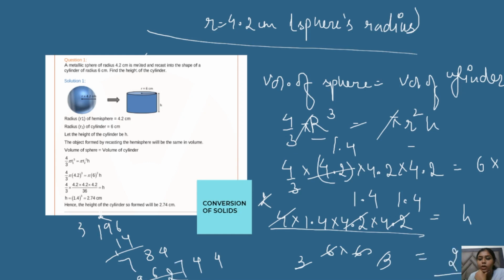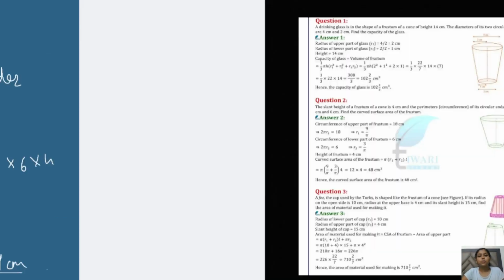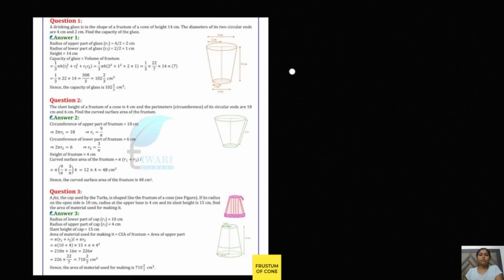So I hope you understand how to find it, right? I hope that this question is clear to you and you know how to solve the particular question, right? So moving ahead with our next question, with the frustum of the cone, that is the main topic for this particular class. There is a drinking glass of the shape of the frustum of cone. So you know that this is something like a frustum of cone. I'm just drawing a picture like this, so you can understand how it is. I'm not drawing such a good picture.